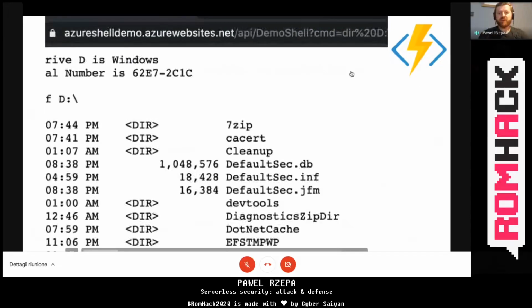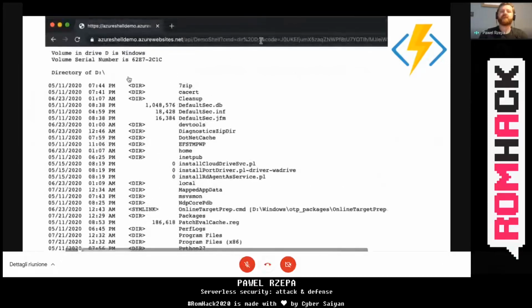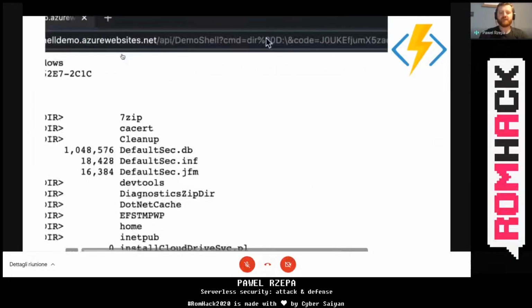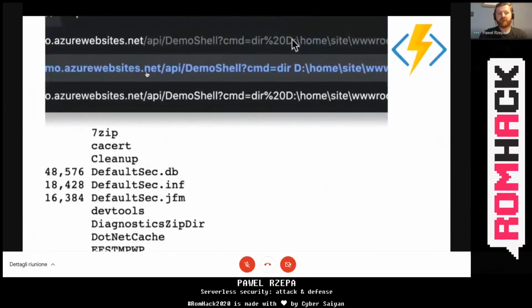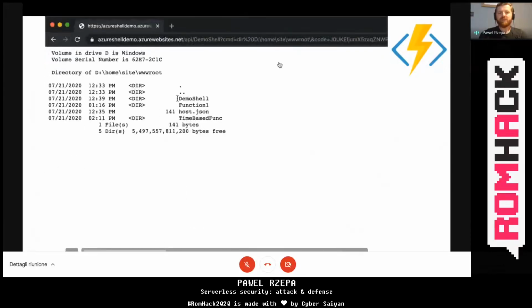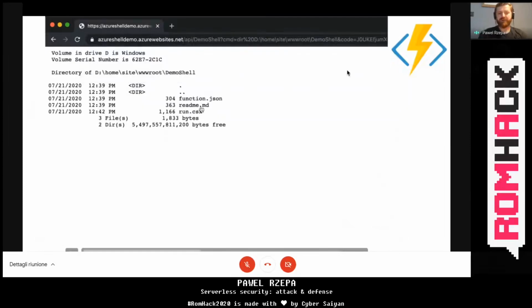If I use the command dir, you will see that it runs in the Windows environment. However, it can also be Linux in Azure. In the folder home site wwwroot, all your Azure functions are stored in different directories. So let's go into one of them.